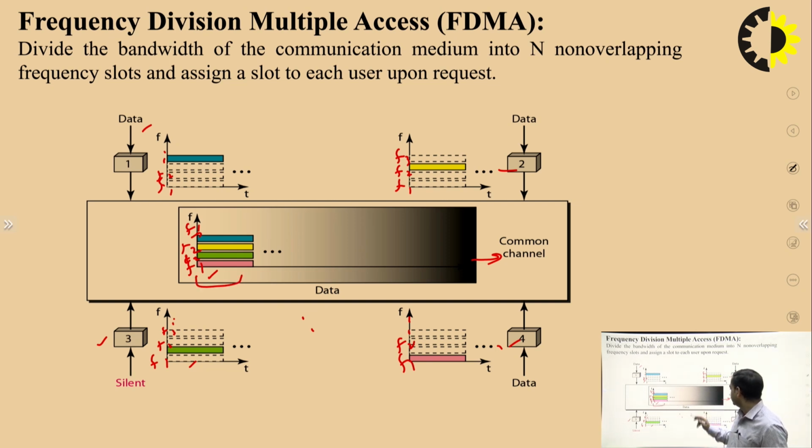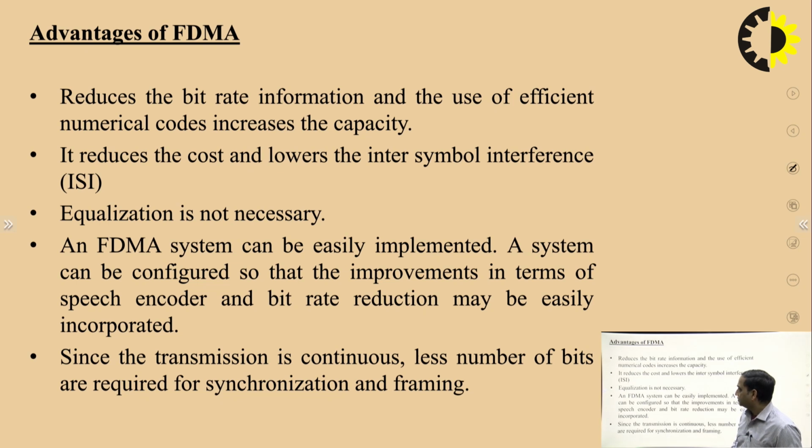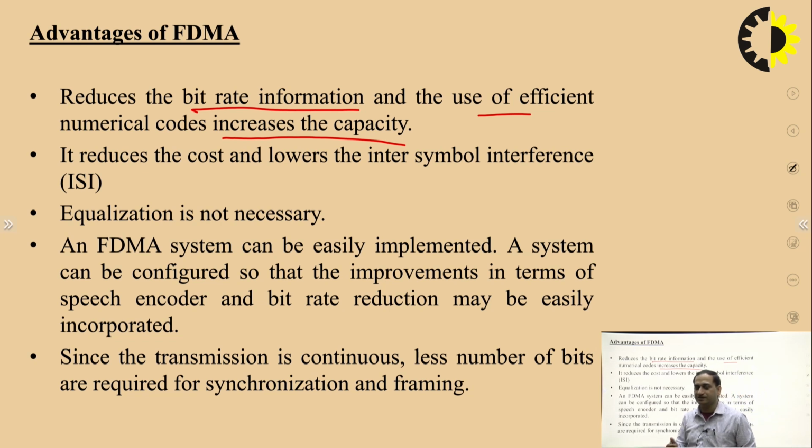In this way, this burst of data can be transmitted through a given channel. So this is frequency division multiple access. In this way the data can be accessed by the users. It reduces the bit rate information and uses efficient numerical codes, which increases the capacity. This is one of the major advantages of FDMA, in which the capacity can be improved because different subcarriers can have different data streams, and they can be transmitted through the given common channel by using